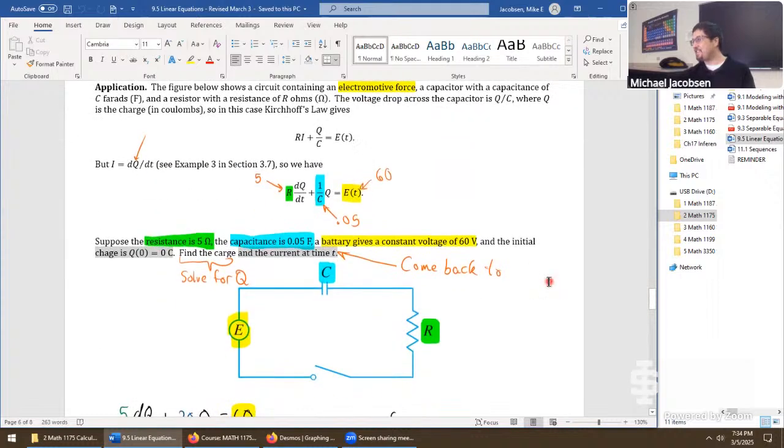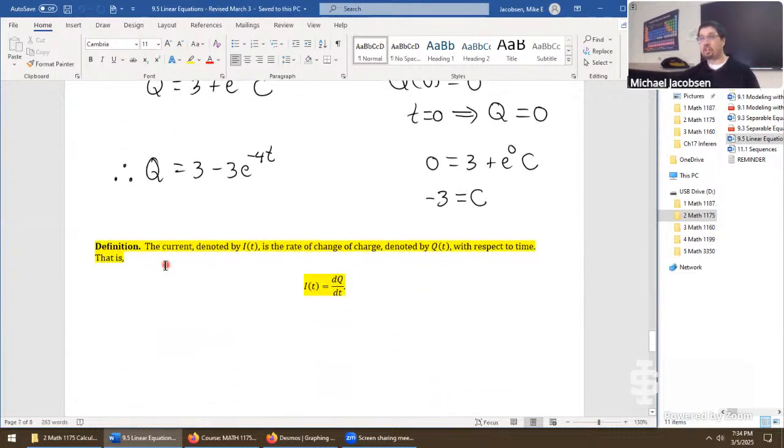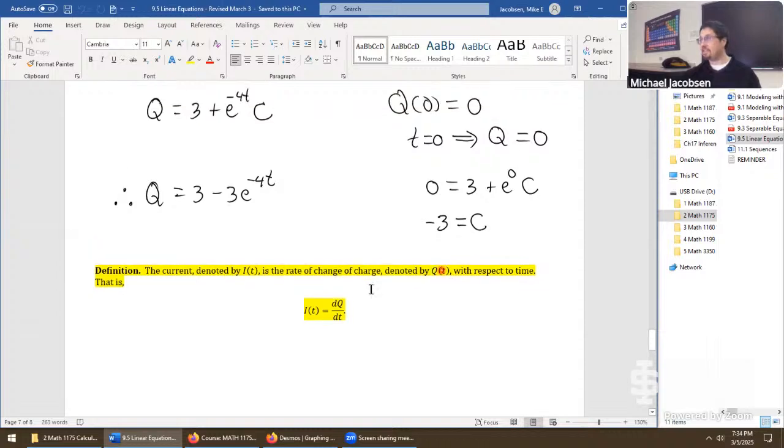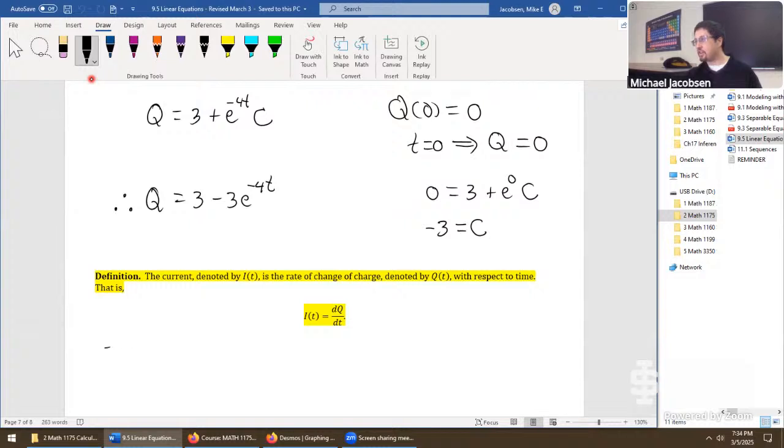And nothing in this problem actually says what the current is. I bet if we went back to example 3 in 3.7, it would tell us. And this is the information: the current is denoted by I of t, and it's just the derivative of q. So all we had to do to finish off this problem, let's do it right here, is say the current